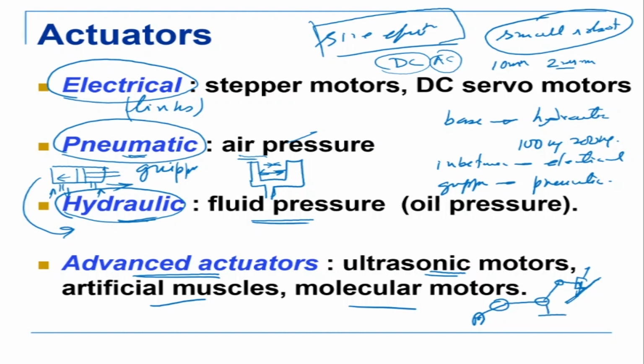So for example, here I talked about the independent joint control, so motor, encoder, gear. Suppose the robot hits, what will happen? The force will come here, and the force will be transmitted onto a torque at every joint. Now, because there is a gearbox here, it is not back drivable, so the joint will not rotate backwards. So what happens is the gearbox will break, or the link will break. Okay, so whenever you have a high gear ratio, if it hits something, the links get damaged and tend to break. Now, if the links break, then obviously it doesn't help, right? So in case of the gripper, we basically make it using pneumatic actuators.